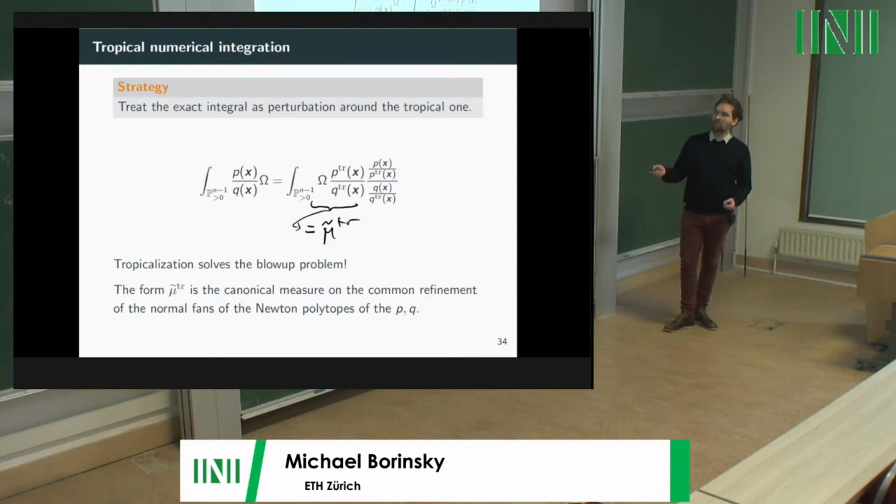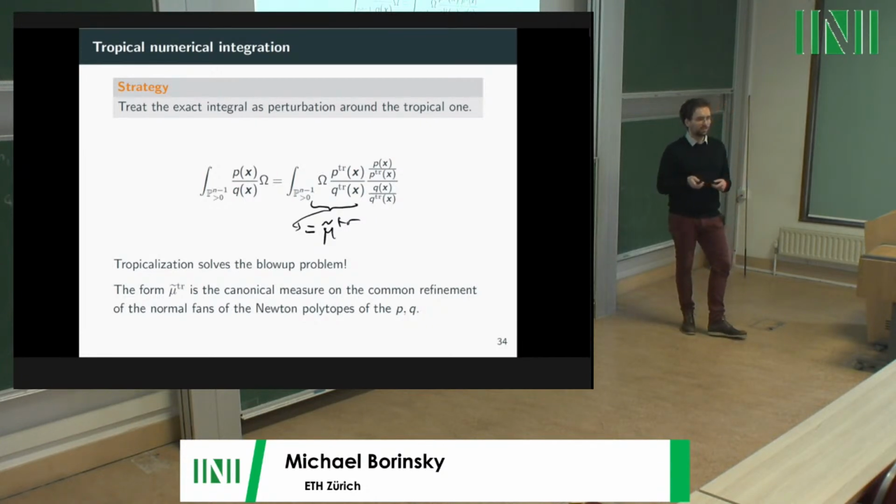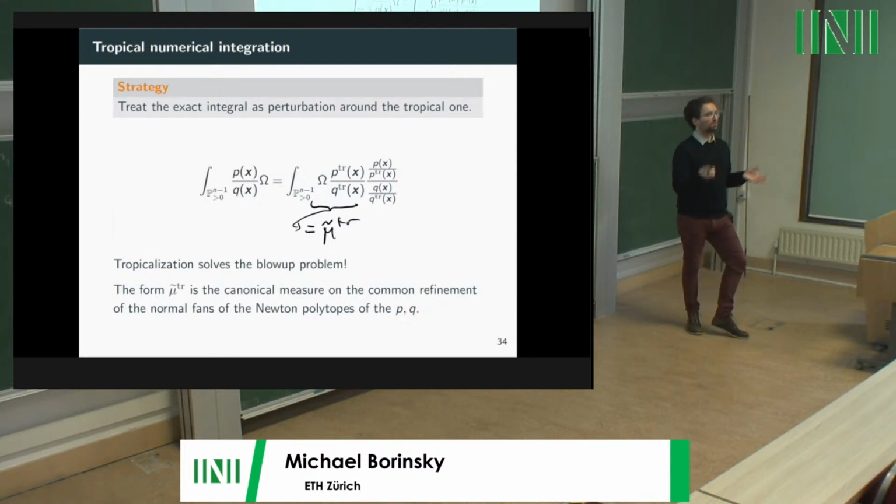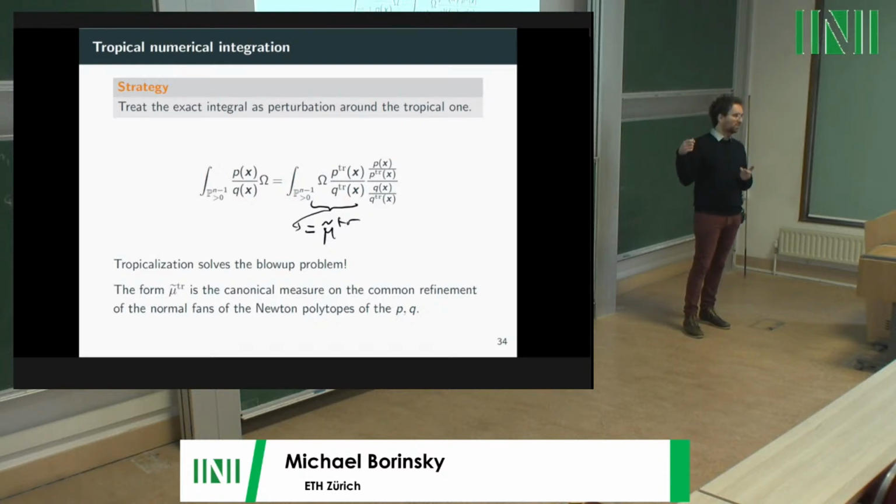In other words, this tropicalization solves the blow-up problem because all the singularities are now described by this tropicalization. The trick is then to define a sort of tropical form, the mu trop, that incorporates this P trop over Q trop object and identify it as the canonical measure on a certain polytope. If you know the words, then you will understand: I say that mu tilde trop is the canonical measure on the common refinement of the normal fans of the Newton polytopes of P and Q. If you don't know these words, then you have to believe me that this mu trop is a canonical measure